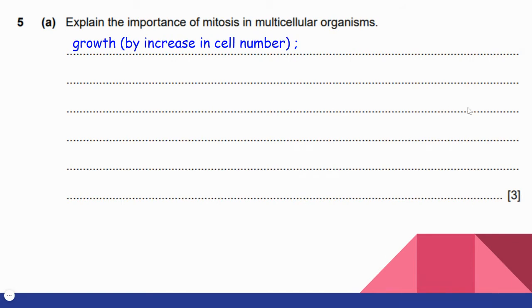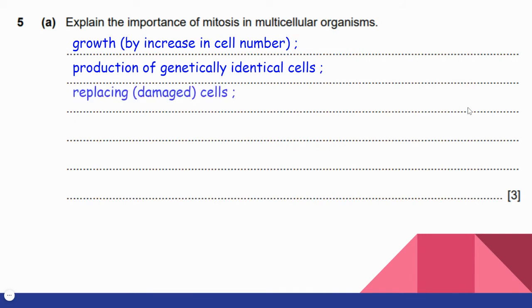First, remember, in a multicellular organism only, you can say that mitosis will cause growth because cell number will increase. If it is a unicellular organism, never say that mitosis helps in growth, because growth for a unicellular organism means cell size increase. Mitosis doesn't increase the size of the cell, it increases the number of cells. So multicellular organisms need mitosis to grow, because they grow when the number of cells increases.